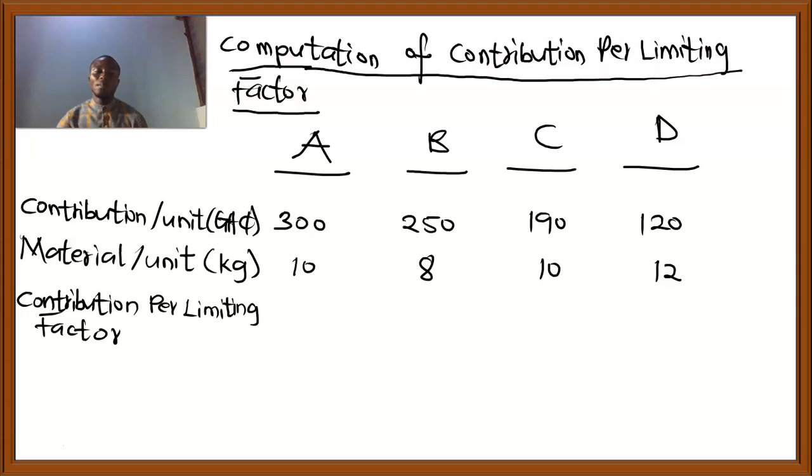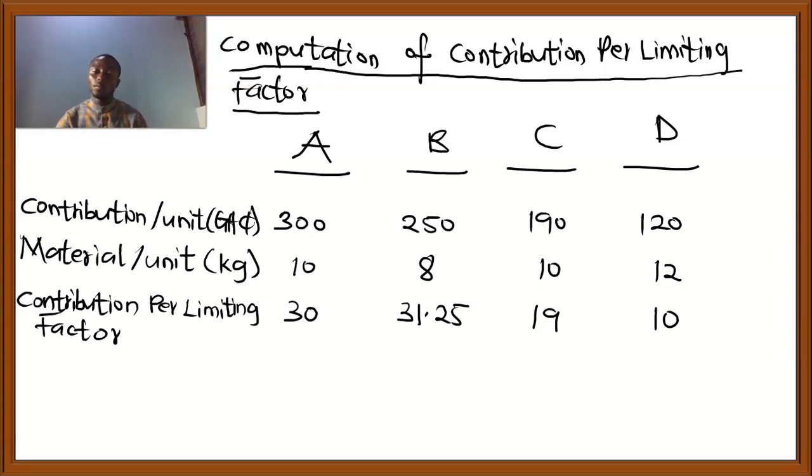We compute that by dividing the contribution per unit by the material per unit. So for table A, we divide 300 by 10, and that gives us 30. For B, we divide 250 by 8, and that gives us 31.25. For C, we divide 190 by 10, that is 19, and for D, we have a contribution per limiting factor